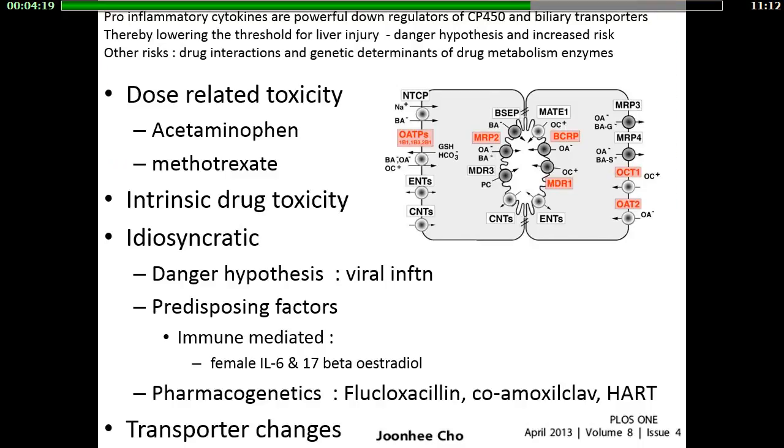Drug-induced liver failure we're seeing much more of. Obviously, there is direct drug-related toxicity, intrinsic toxicity, and the idiosyncratic ones. In these, again, where you've got drug-induced, always think about screening for viruses: HSV, CMV, EBV. There seems to be a synergy between viral reactivation and drug-induced toxicity. Also, increasingly, the pharmacogenetics of flucloxacillin, coamoxiclav, and some of the heart therapies, one needs to be doing the pharmacogenetics and predicting risk of liver injury.